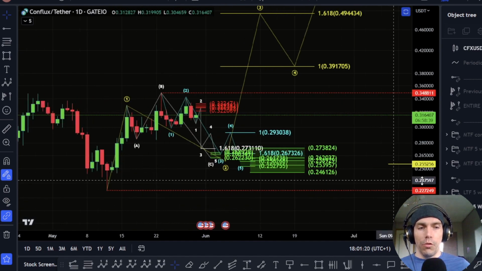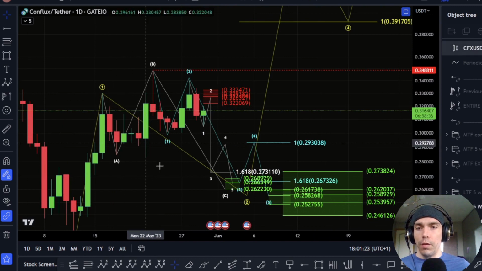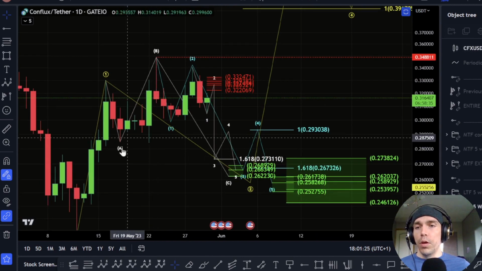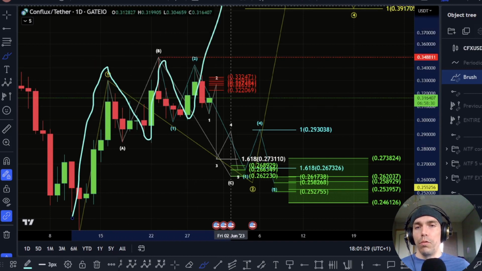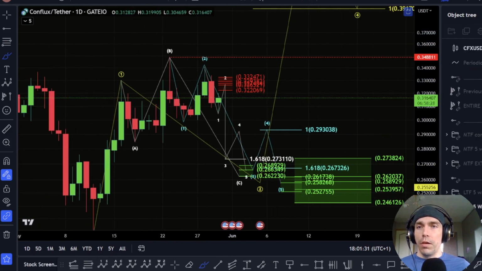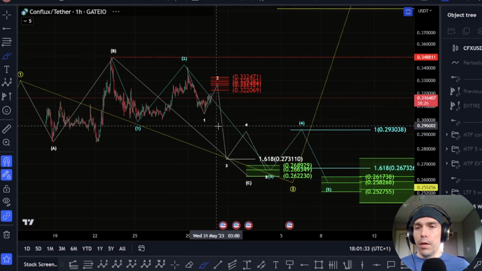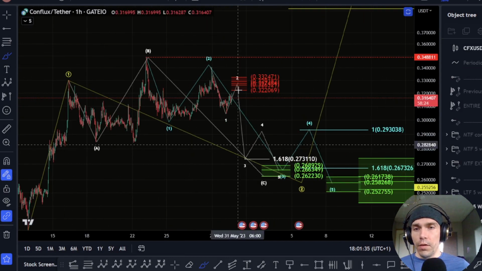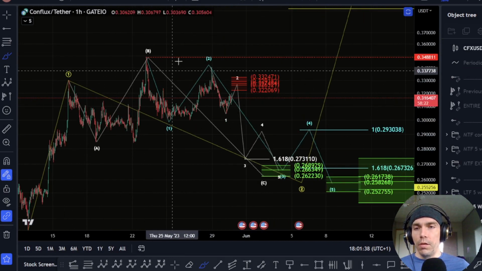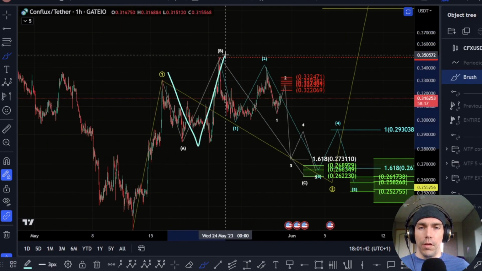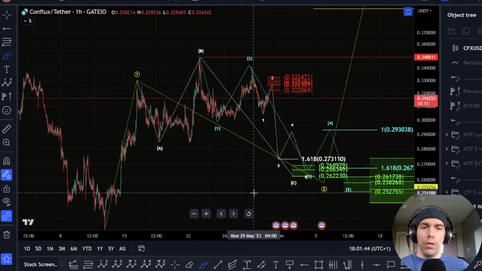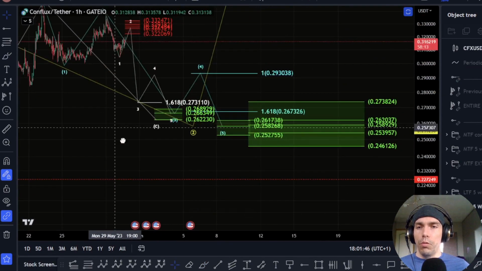Now, the way that I'm treating this move is looking at this as a flat. It is, however, possible that this 1, 2 here could be 1, 2, and then we could just move directly away from this. But given the current structure that we have here, coming into the hourly, this is looking very corrective and messy, this area here. So what I am looking at is the potential that what we have here is an A, B and a C. So this would be looking at a flat correction,